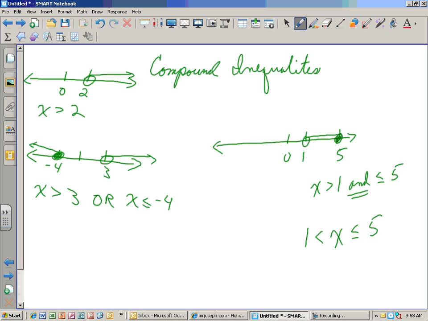And look where x is located. X is located right between 1 and 5. But it could equal 5. But x is between 1 and 5. This,